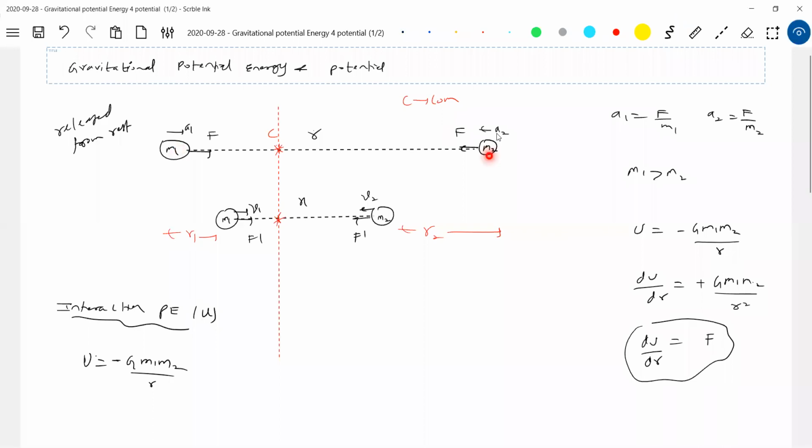We release this particle, then it will accelerate. As it accelerates, since it has mass, its speed will increase, so kinetic energy increases. So from where will this kinetic energy come? Because this force is doing work. This force doing work means it must possess potential energy. So how to express that potential energy? Finally they ended up with this equation. When it is at infinity, the force will be zero. When it's at some distance, the force will be non-zero.